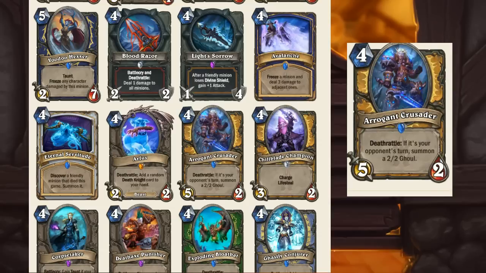Arrogant Crusader. This guy's super arrogant. He only costs 4 mana. He's 5/2. Death Rattle: if it's your opponent's turn, summon a 2/2 ghoul. So if he dies on your opponent's turn, he also gets a 2/2 ghoul. This guy seems really good. He only costs 4 mana. He's 5/2, and when he dies on your opponent's turn, you get a 2/2 ghoul for it. So that seems like a good card. Yeah. I don't know about gimmick wise. Maybe if I'm making some sort of ghoul deck, but aside from that,